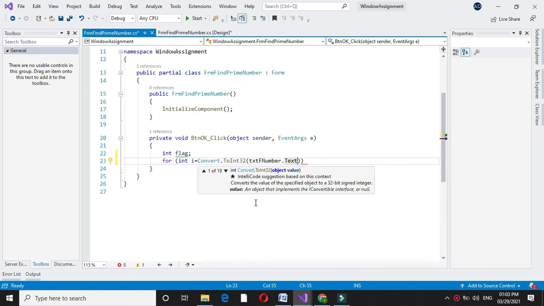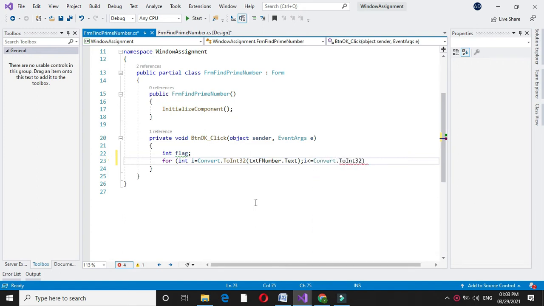So the for loop will be int i equal to the value of txtFNumber and i less than or equal to our txtLNumber, and i plus plus.